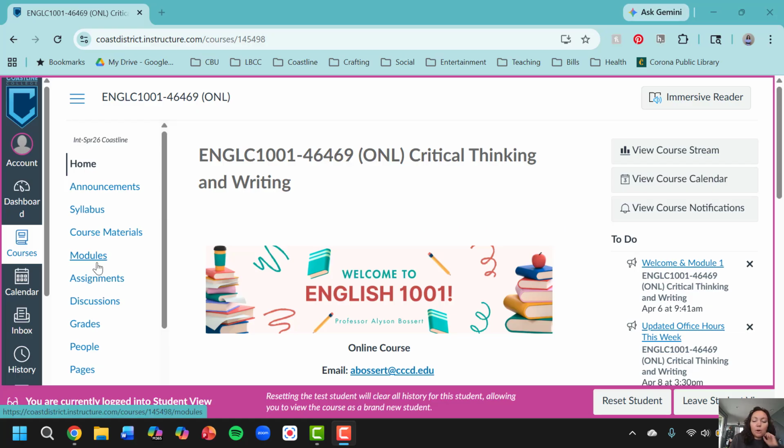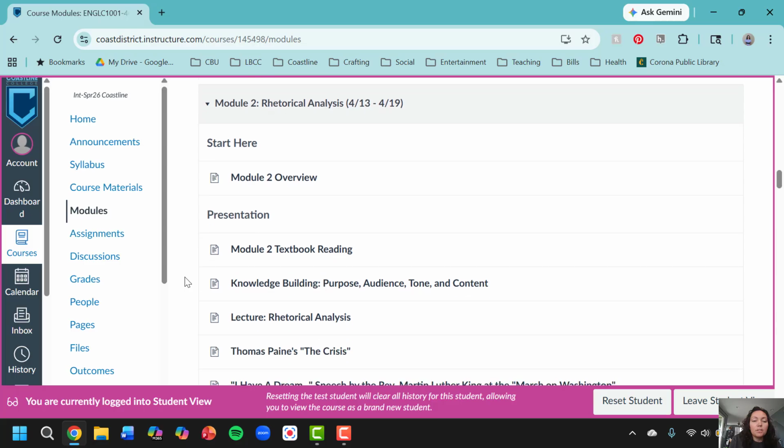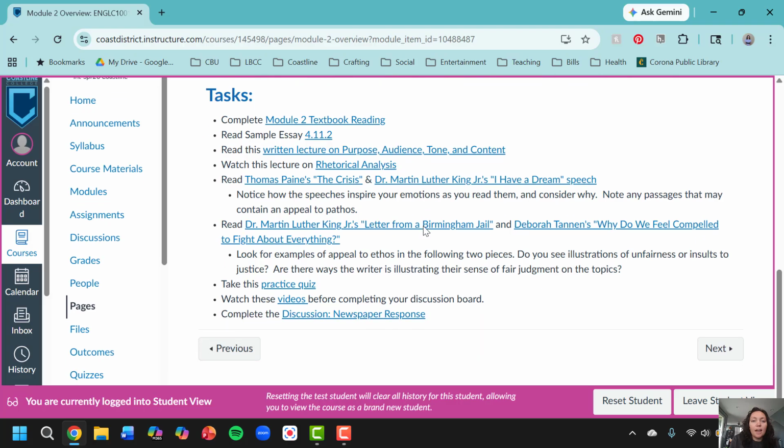So if you guys go over to modules here, right, we can go ahead and look at Module 2. And so you always want to start with the overview here. Okay, so you have textbook reading, you have a written lecture, you have a video lecture, and you also have several sample texts that you need to read this week. There's even a practice quiz on the rhetorical appeals, a video on MLA, and then you have your discussion newspaper